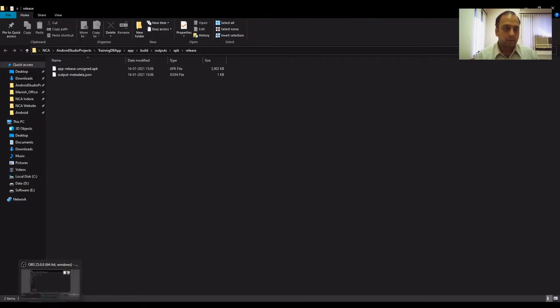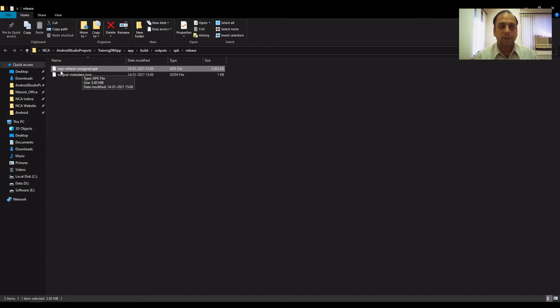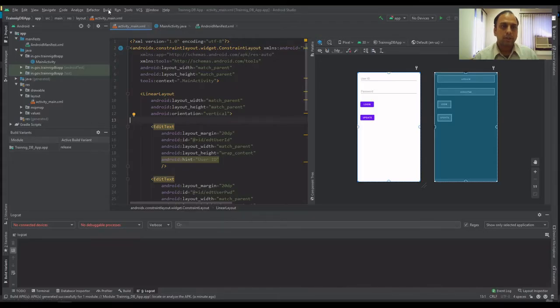So I think you are able to see this window. See here, this is the app release unsigned. Means the file name itself is saying that it is the app release version which is unsigned. Okay. You just click on build